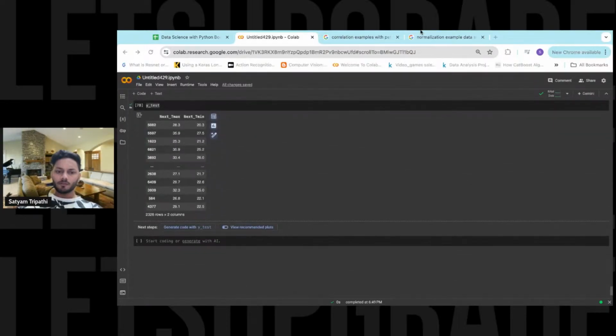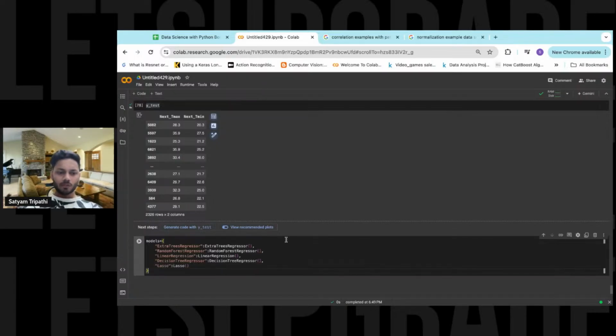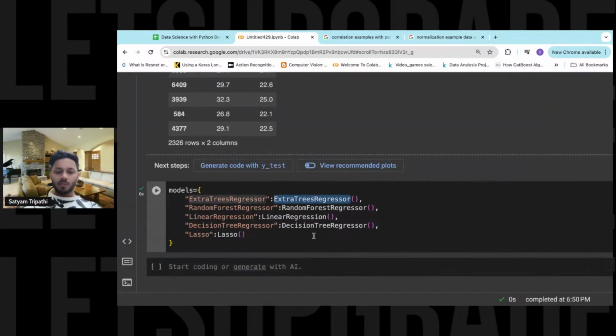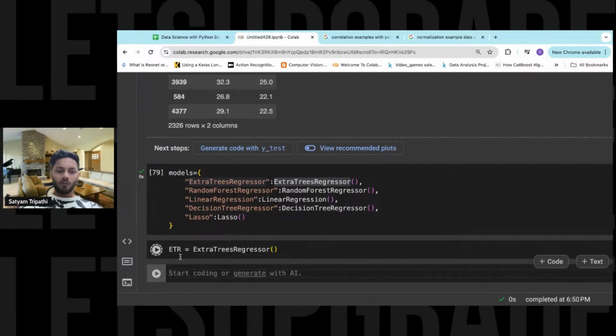Clear till now? Now what we'll be going to do, guys, is simply train the models. So these are the models that we'll be going to use. These are just the names of the models. Let us say ETR, that is your Extra Trees Regressor. This is just an algorithm name. So what we'll be going to do now,